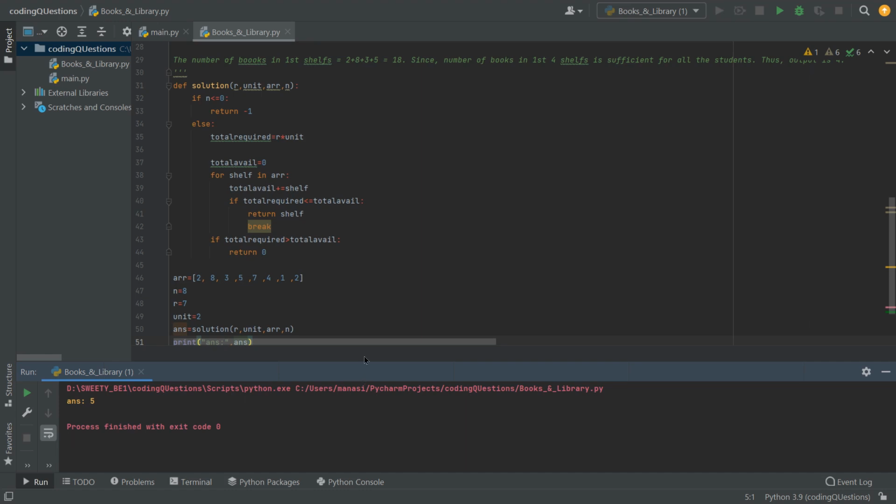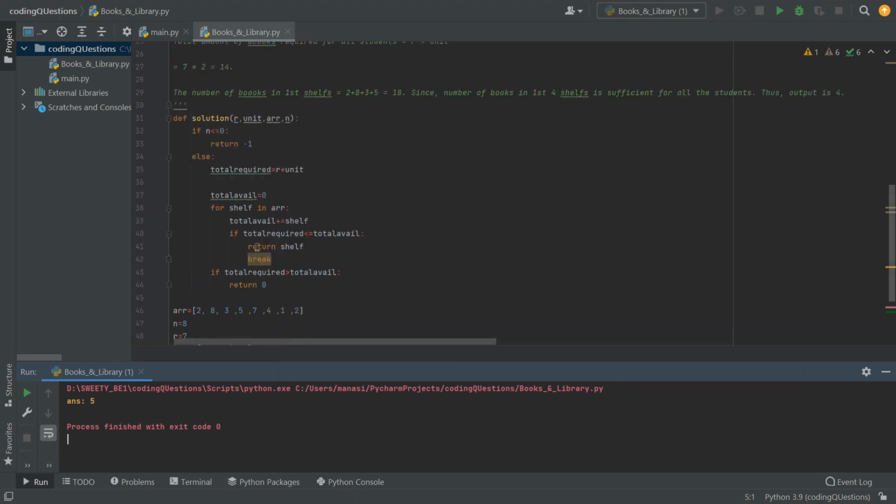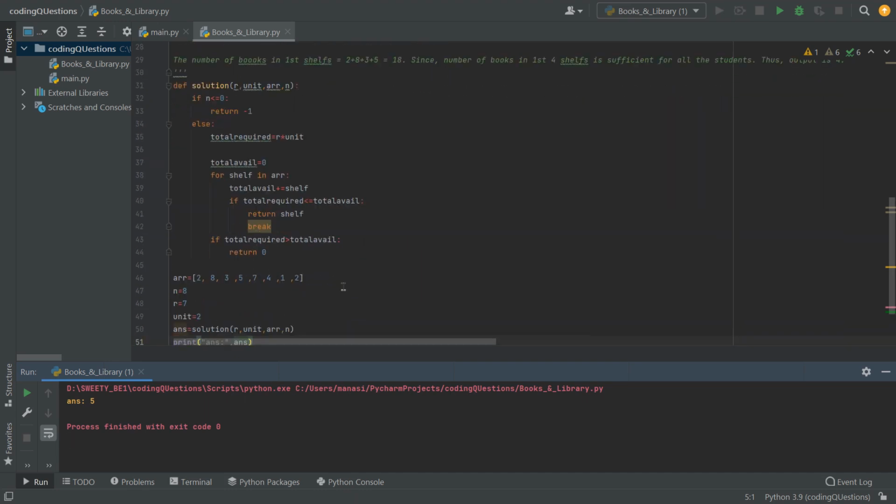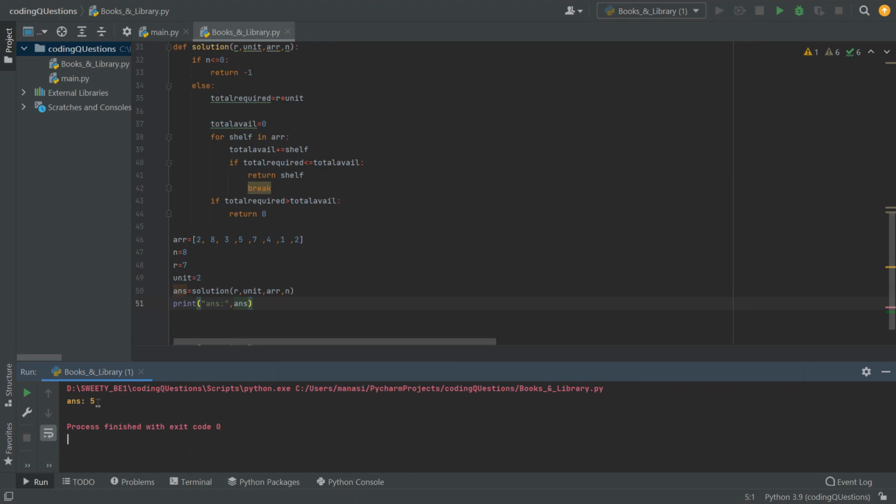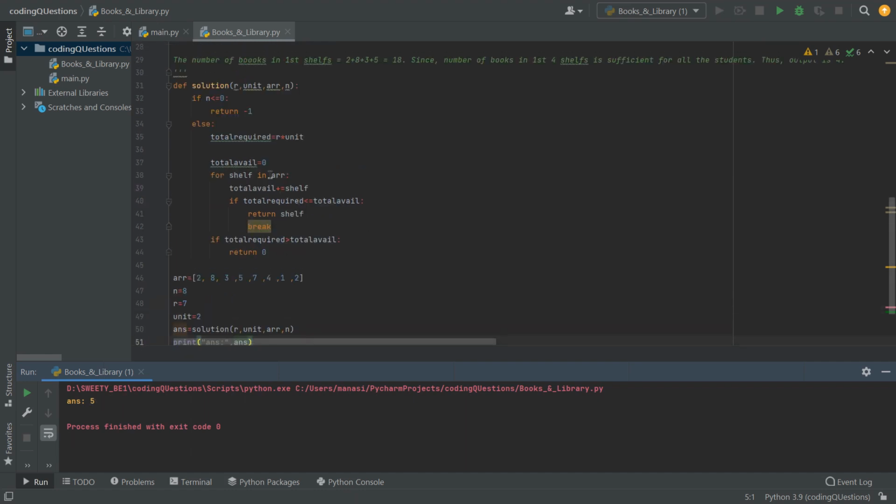But we have to find how many shelves are sufficient to fulfill the requirement of r number of students who read unit books each. So the answer here is wrong, because we use for shelf in array, that is for every element in array. So we have to use one more variable here, that is count,